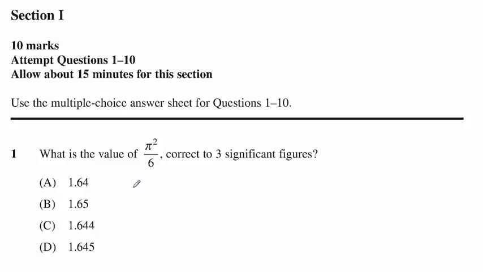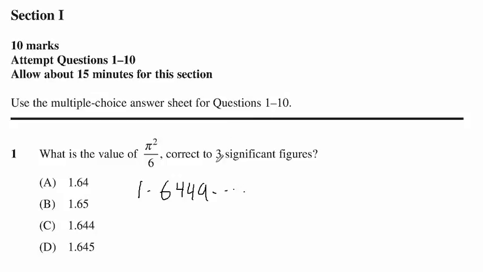So for this question, number 1, it's asking what is the value of pi squared over 6, correct to 3 significant figures. So to do this question, the best way to start is to put that number into your calculator. So pi squared over 6 into calculator, and what we get is 1.6449,